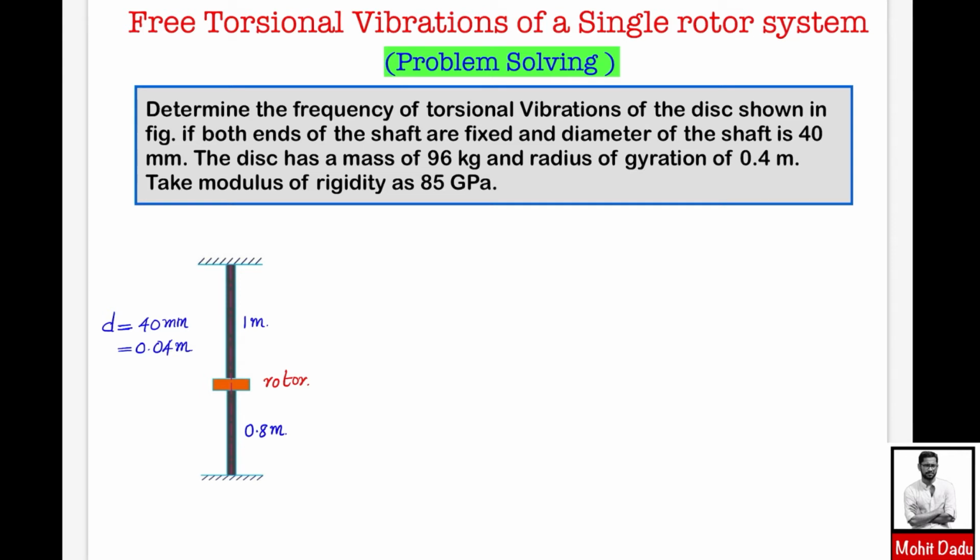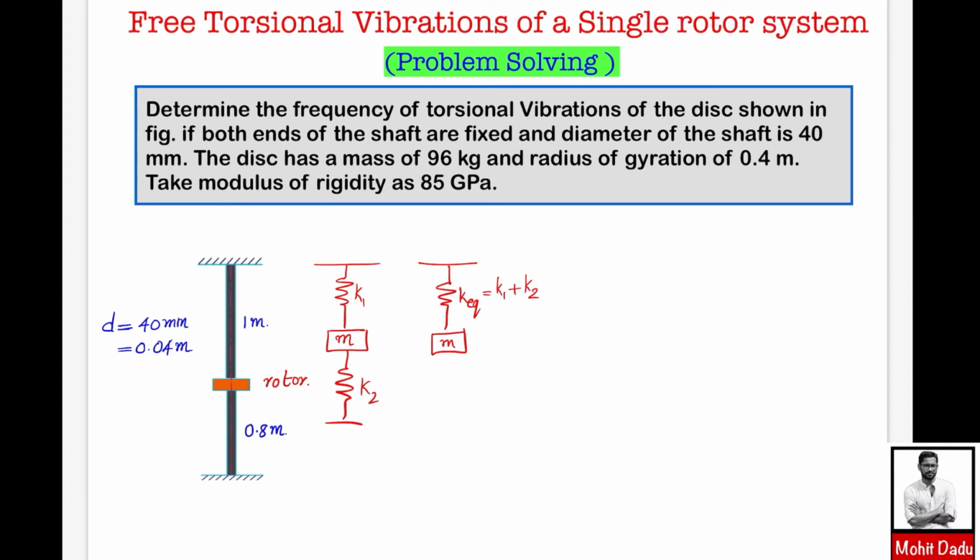If you analyze the system, this is similar to a spring mass system, where a spring is like this and the mass is at the center, and another spring is like this. If this is K2 and this is K1 and this mass is M, then the K1 and K2 springs are in a parallel combination, and you can find the resultant stiffness. Then you can convert the system like this: M with an equivalent stiffness equal to K1 plus K2 for this parallel connection. In a similar way, we will be solving this torsional vibration question also.